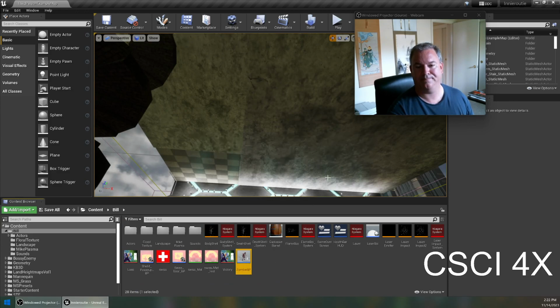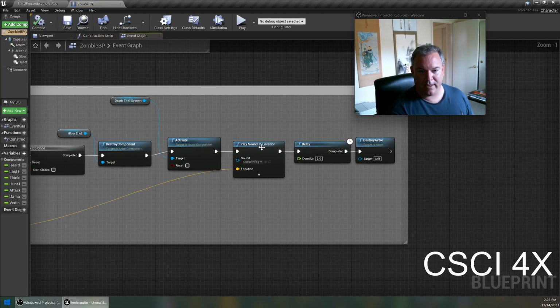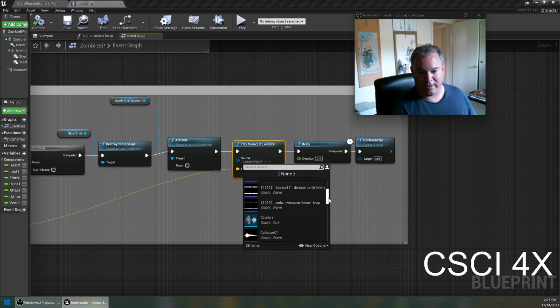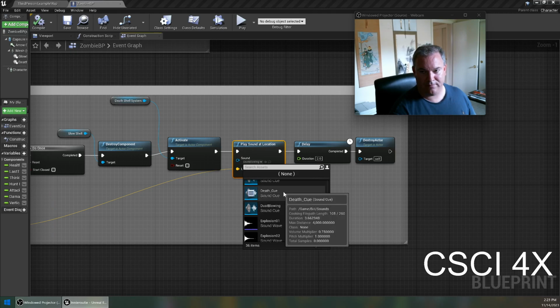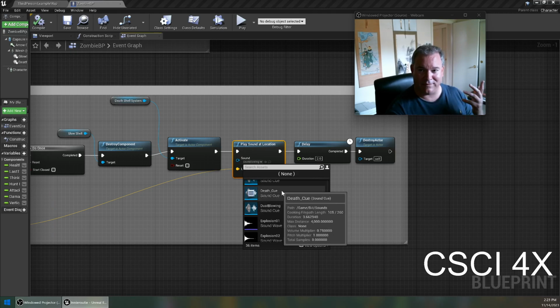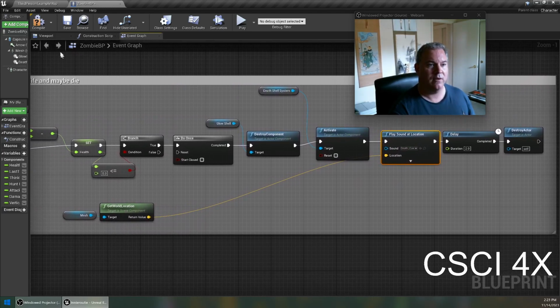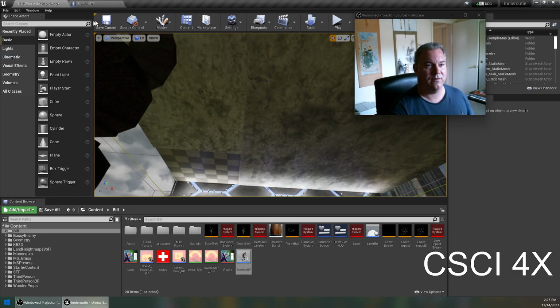There it is. Okay. So when he dies, right now it's just playing sound at location. And we're going to replace this with the sound cue that we just made, which we called death cue. You can see it mix those two things together. Okay. And because we're going to be at a location, you get spatialization, things like that. Okay. So compile, save,